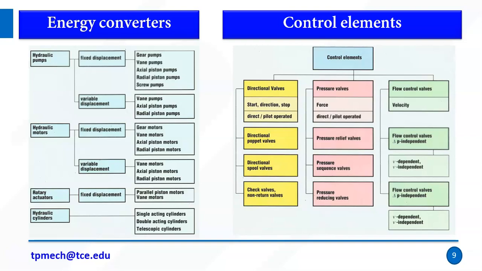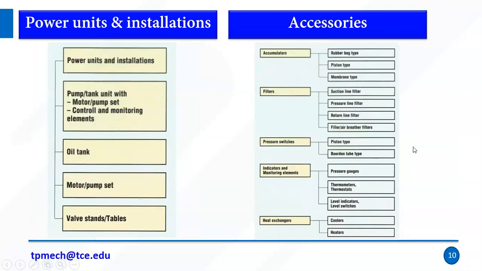So these are some examples of direction control valves, like directional poppet valves, directional spool valves, and check valves. A check valve is a non-return valve, in the sense that it is a one-way communication. It acts as a one-way, right? The pressure valves or pressure relief valves are examples of pressure valves. Flow control valves depend on the type, like 3x2, 4x2, 5x2. It has a variety of flow control valves, right?